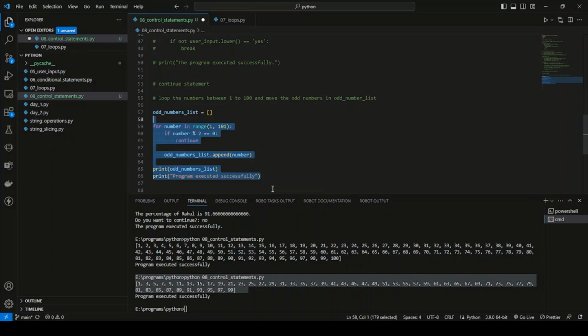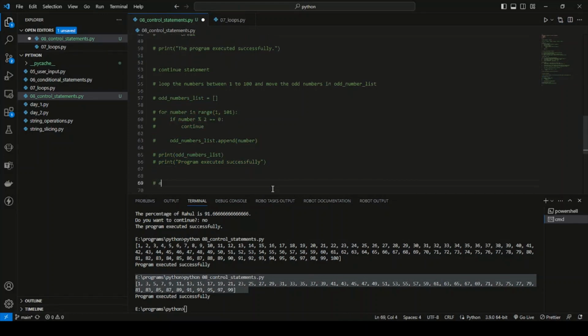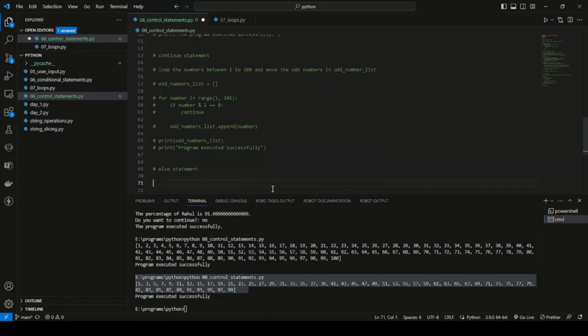Let's see the last statement, which is the else statement. Okay, so the else statement we have seen. Let's take one practical example. Let's define one list, my fruit list,